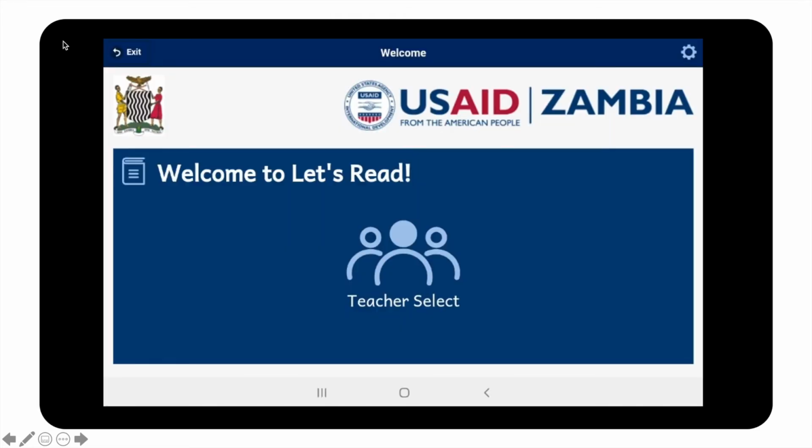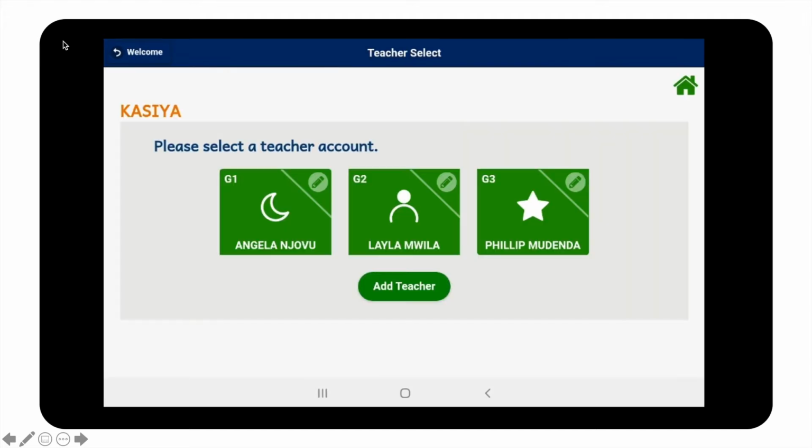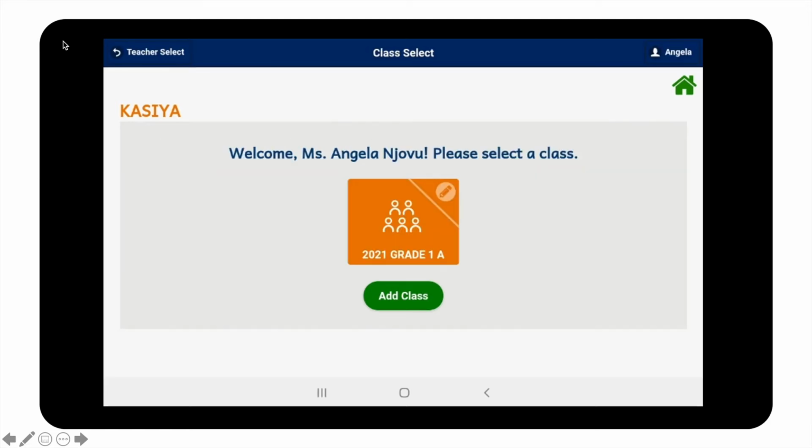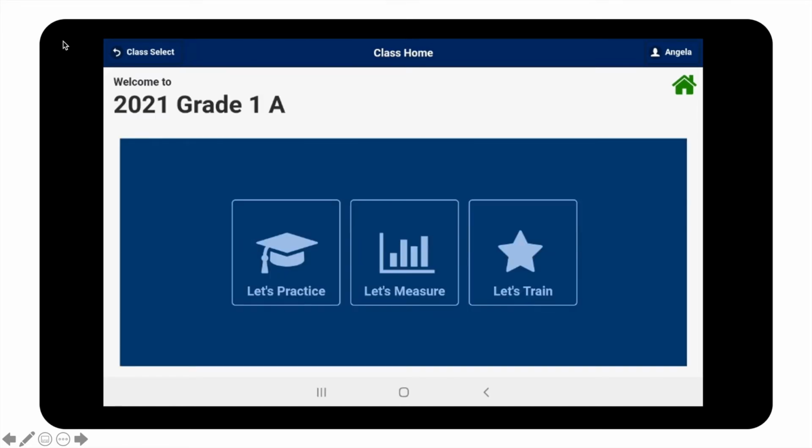If you open the Let's Read app, you're brought to our welcome screen. If you tap the Teacher Select button, you get brought to a list of teacher accounts. You can see that we have 3 right now, 1 for each grade, with the school name in orange at the top. If we tap on that teacher account, we can see that this teacher, Angela, has 1 class. Tapping the class button takes you to this class home screen,